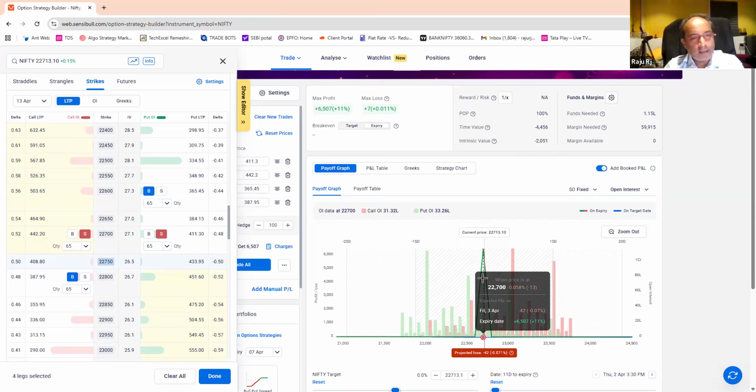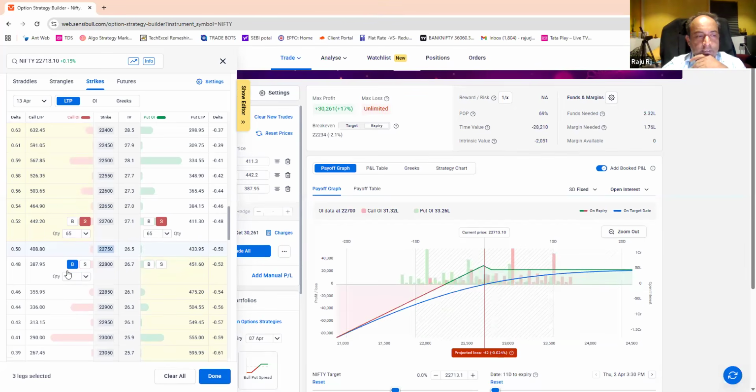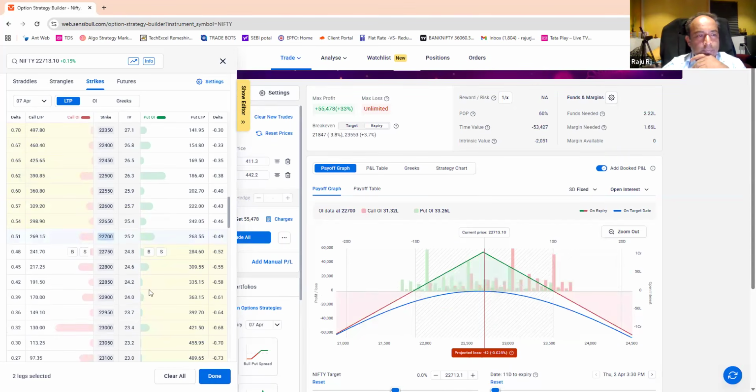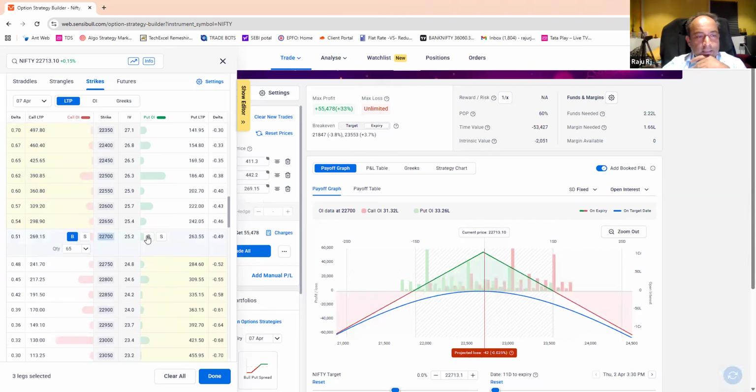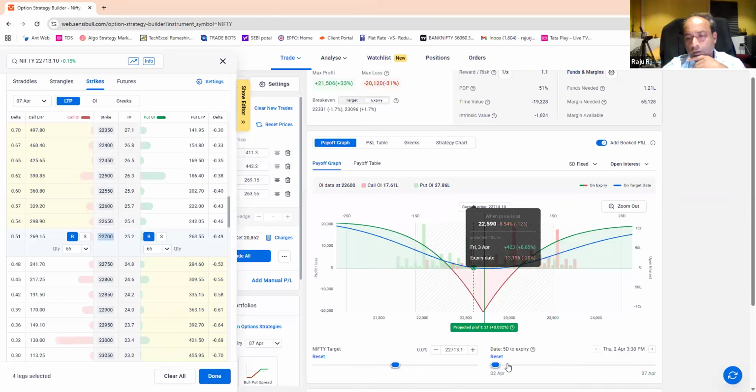It's not mandatory that you should hedge your positions only with the bi-weekly options. You can sell next week and buy this week options as well. That gives you more if you buy this and this as well. So wherever it goes on the date, if you create this on